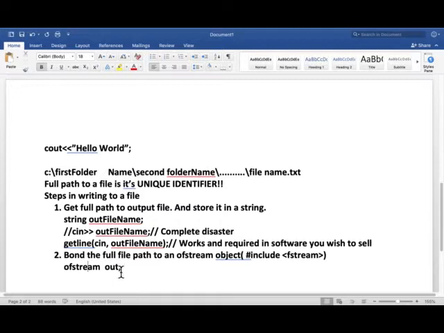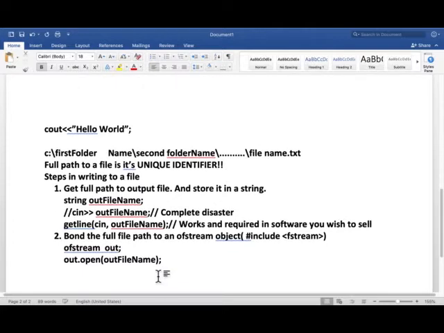Okay, but we have not bonded ofstream object out to file name yet. We do that using an open function, out.open, and pass the file name string. That's it. Now this out object is bonded to this file,